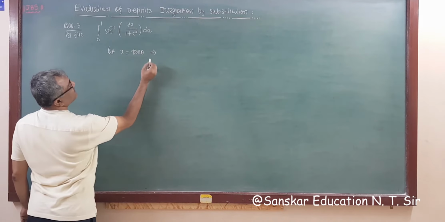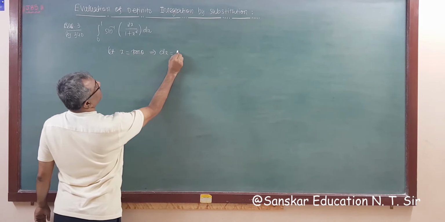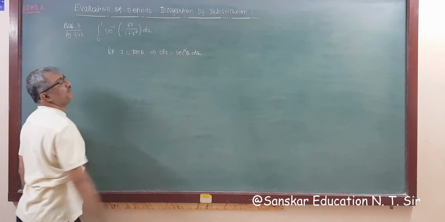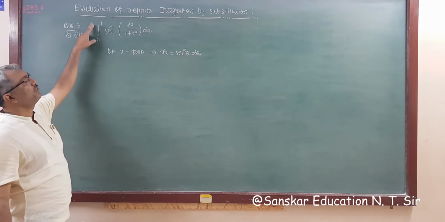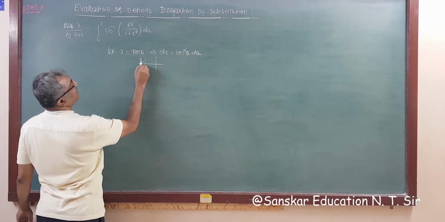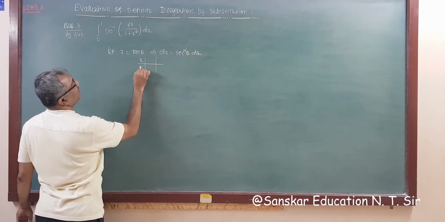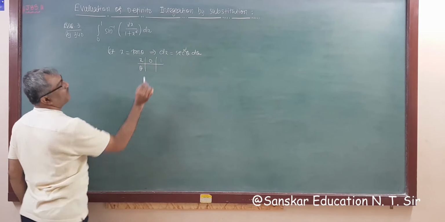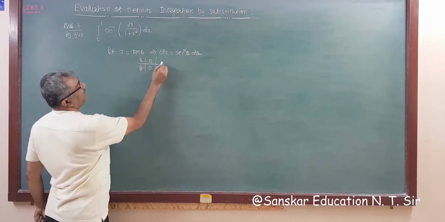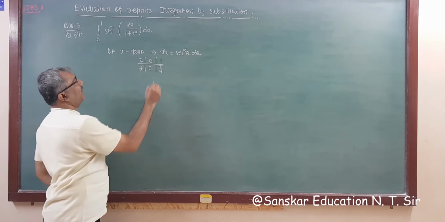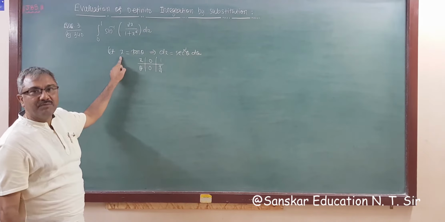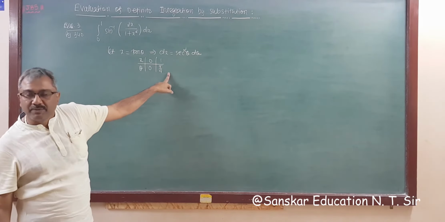So the derivative of this is dx, and the derivative of tan theta is sec square theta d theta. If we assume this, then you have to change the limit in definite integration. So changing the limit from x to theta. Okay. So x is 0 and 1. If we substitute x equal to 0, tan theta is 0 for theta 0, and if x is 1, then theta is pi by 4. That you know. So our new limit will be 0 to pi by 4.